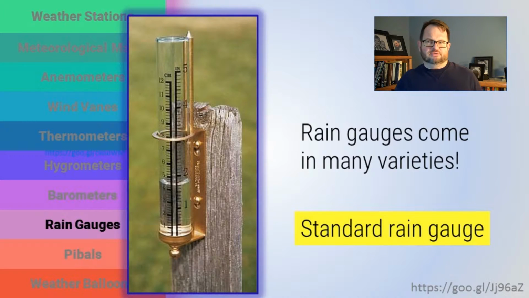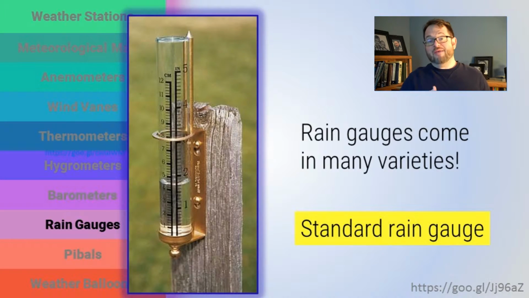I mean, even just thinking about something as simple as a backyard rain gauge, there could be a standard rain gauge, where it's literally just something like a test tube mounted onto a pole, and it is graduated. In other words, it has little markings along the way that tell you 1 inch, 2 inches, 3 inches, or by centimeters or whatever. That's just called a standard rain gauge. Standard rain gauges aren't very accurate or very precise. You just can't tell small differences in the volume or the height of the column of water on a standard